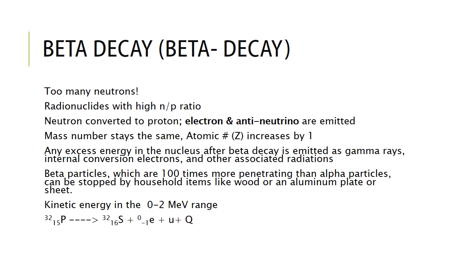One of the things that's mentioned here, and we haven't really spoken about, is an internal conversion electron. So again, that line that says any excess energy in the nucleus after the beta decay is emitted as a gamma ray, and internal conversion electrons or other associated radiations. So what happens during this is, again, a neutron is converted into a proton, and an electron is going to be emitted. So if you're talking about an internal conversion electron,